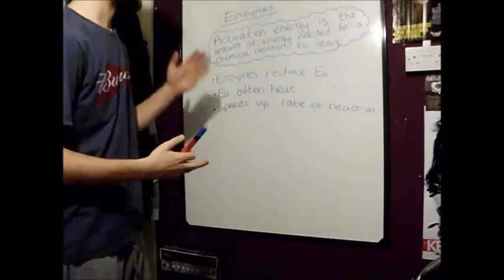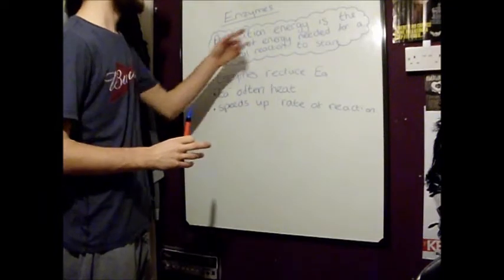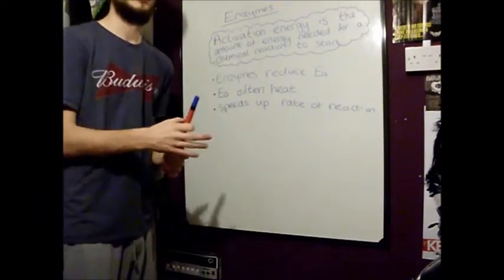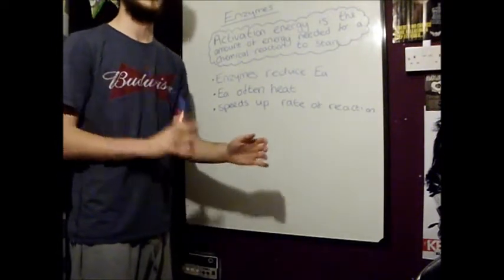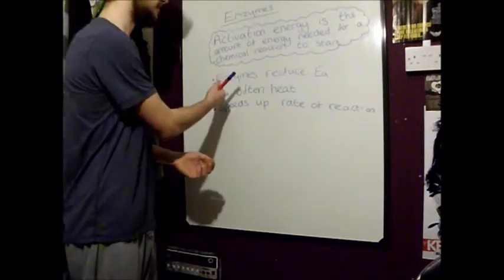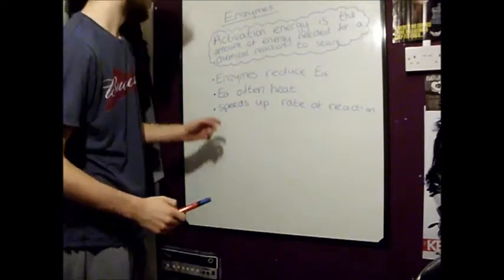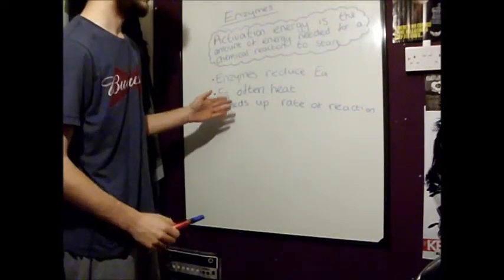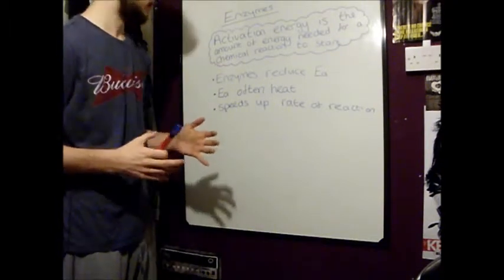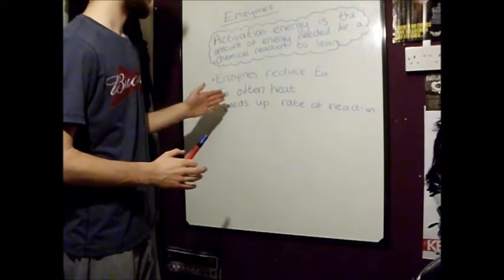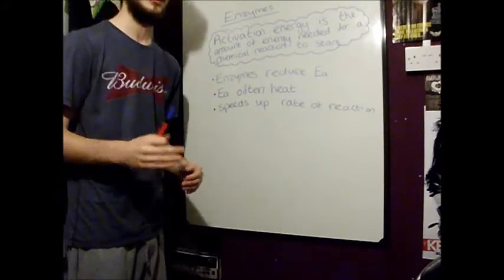Enzymes reduce the activation energy, and the activation energy is the amount of energy needed for a chemical reaction to start, and this energy is usually provided in the form of heat. So this means that if enzymes reduce the activation energy, written Ea for short, then the reaction can take place at a lower temperature than it could without the enzyme. And the enzyme speeds up the rate of reaction,